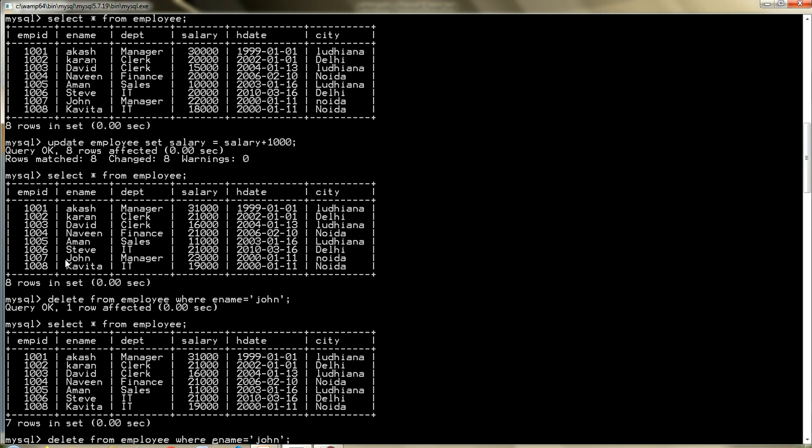For example, I'm not going to delete, but I'll tell you if I want to delete the records of all the employees, those who work in sales department or in IT cell. So I simply write down where department is equal to IT, where DPT is equal to IT. So when you will press enter, it will remove all the records. So it's very easy. I hope you understand today's session.